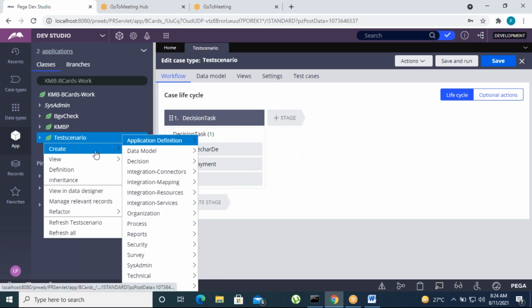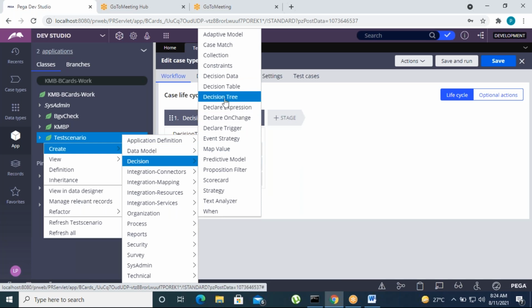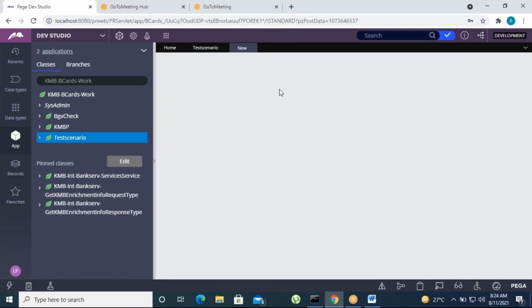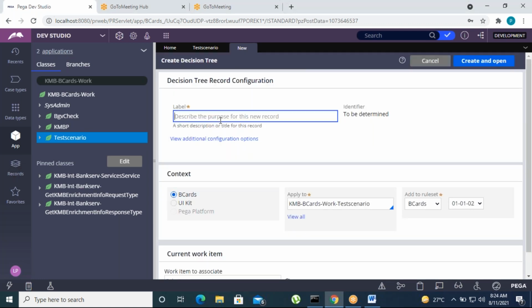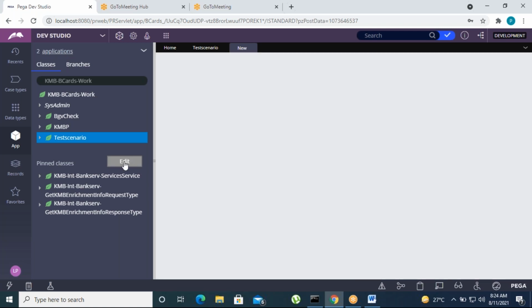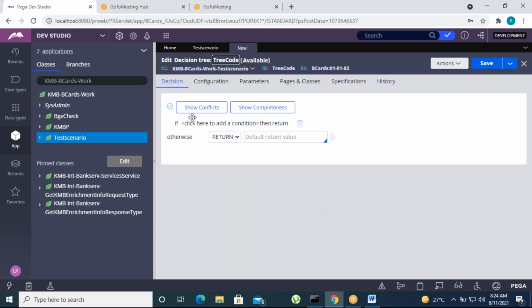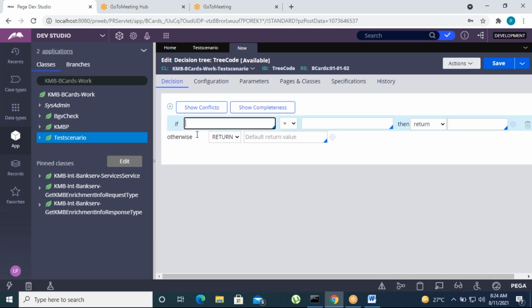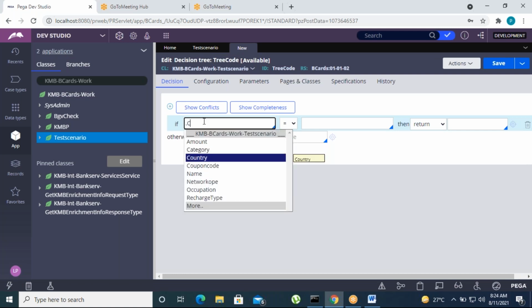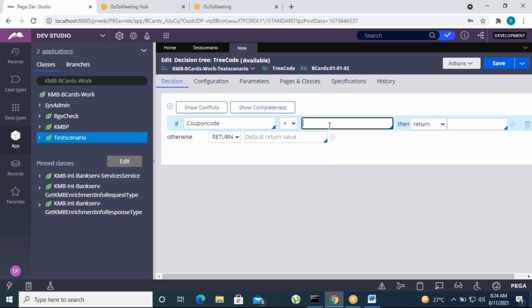Let's go to create decision tree, enter the tree name, then create and open it. The condition is: coupon code equals some coupon code.